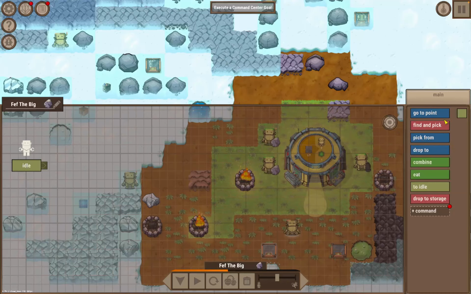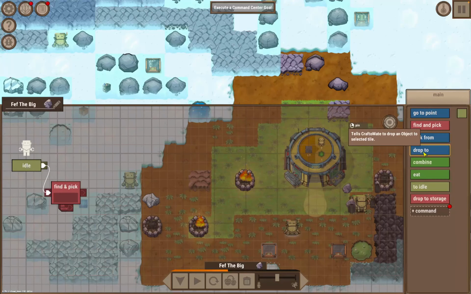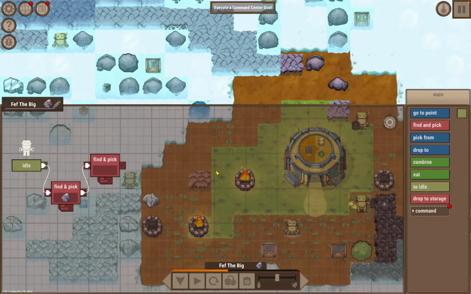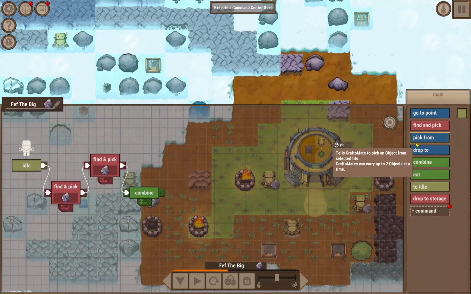So let's see. We'll have you. All right. So you're going to find and pick a piece of stone. And find and pick another piece of stone. And you're going to combine those. And then that's going to create a spark. And then from there, you're going to find and...